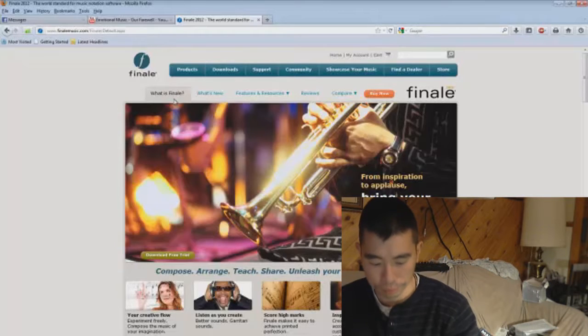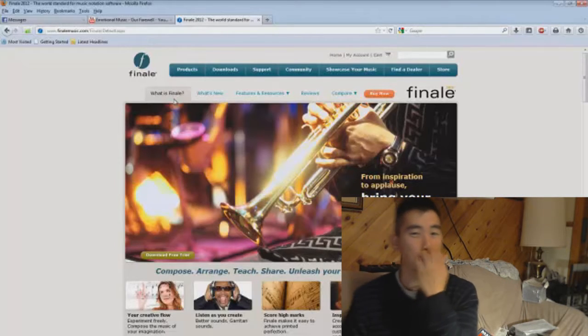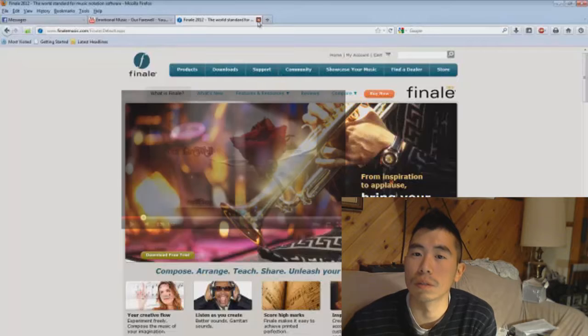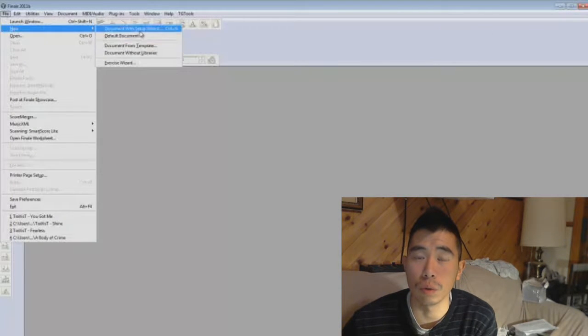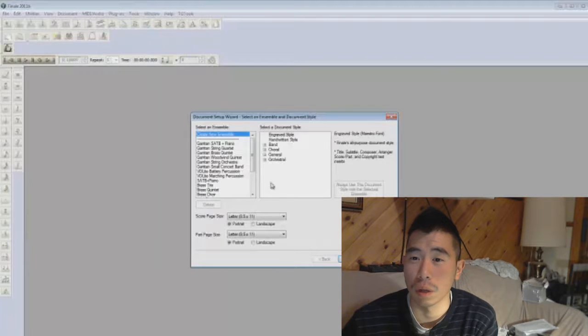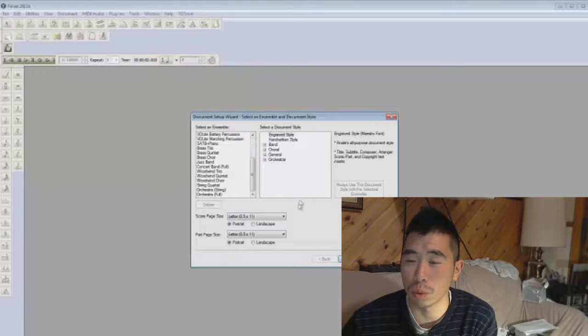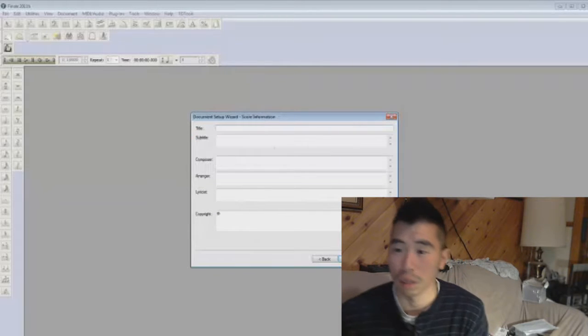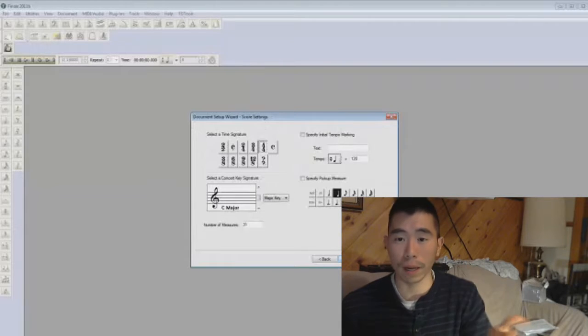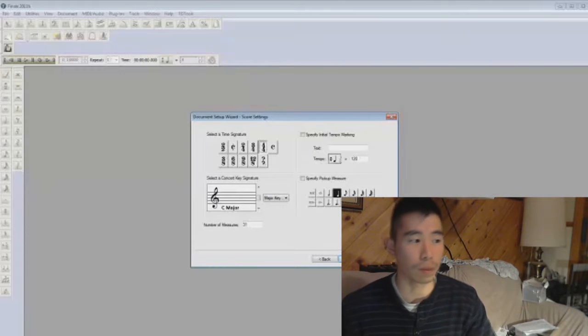So now, what's the first step? Well, let's just open Finale. We'll go to the new document setup wizard, go to next, and just add a piano, add that, hit next. I won't name it, but this is just a way to teach people that want to write